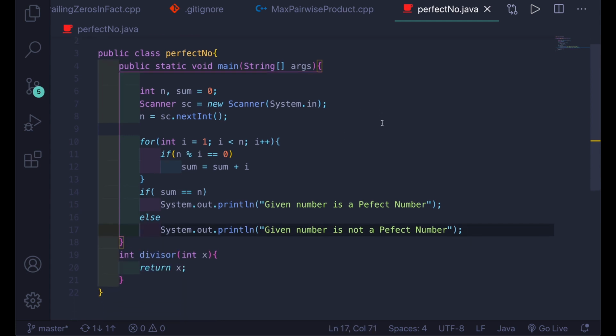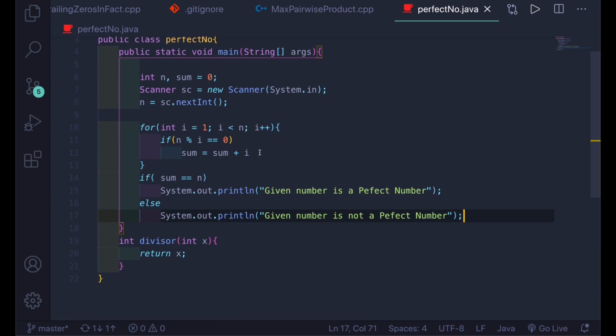That's all. If we go ahead and run this, we'll need a semicolon here.